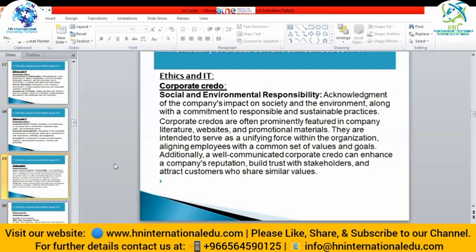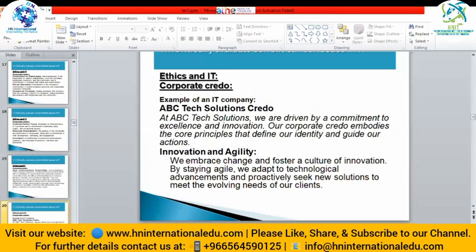You have to attract the customers to share some values. So you advertise in some way. So this is all about that. If we take an example of that,